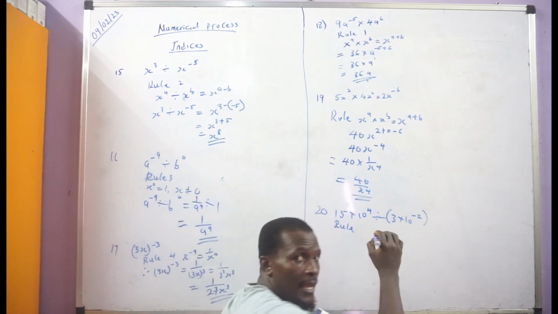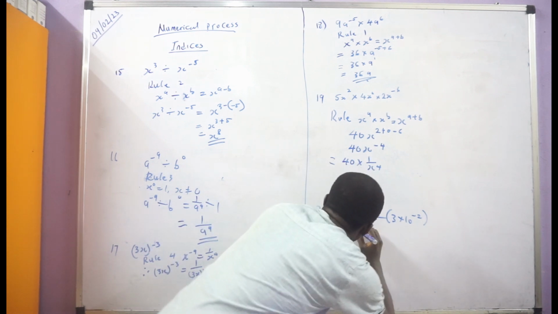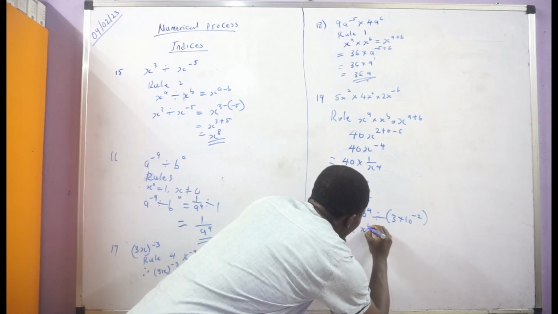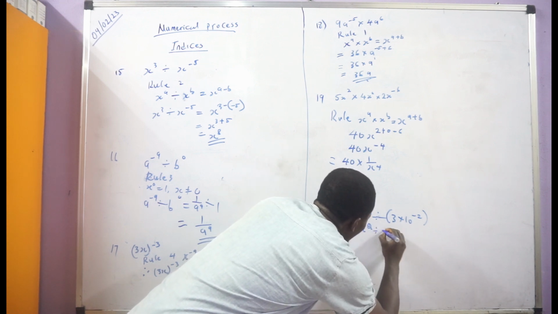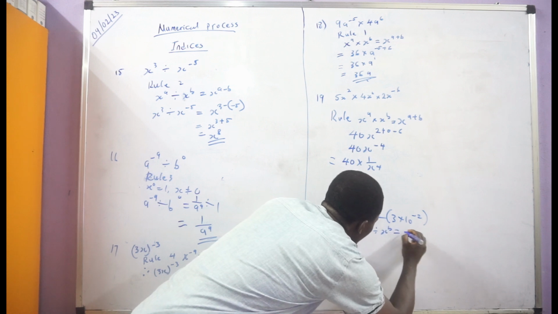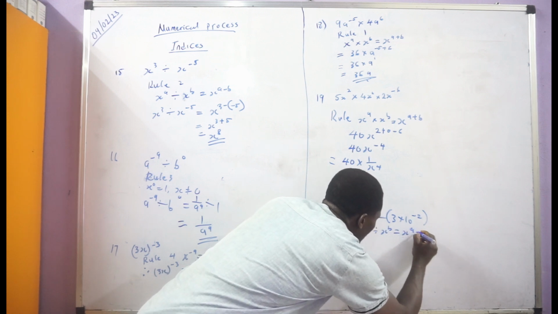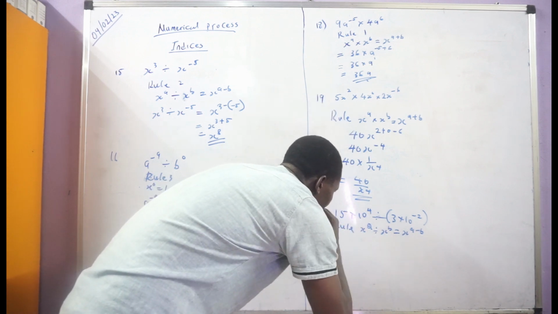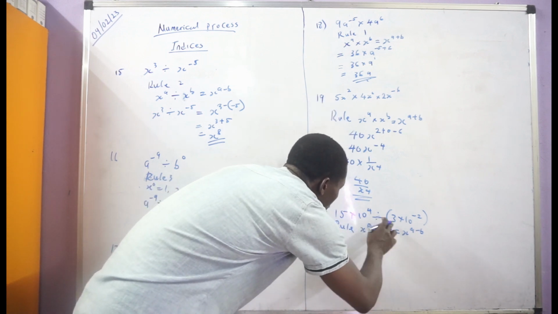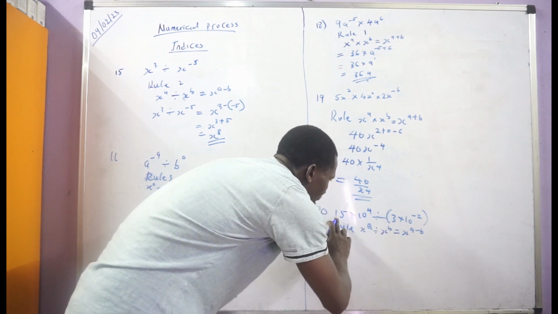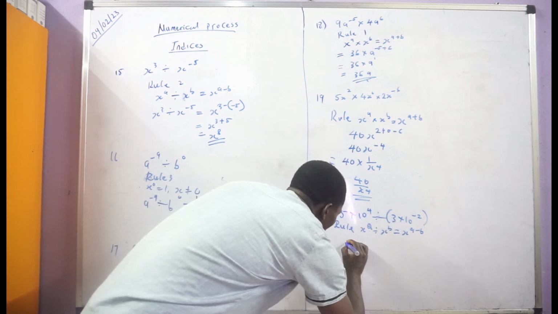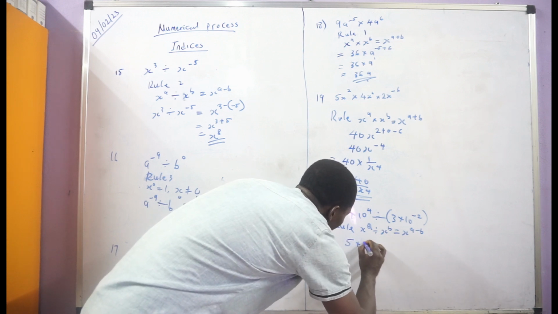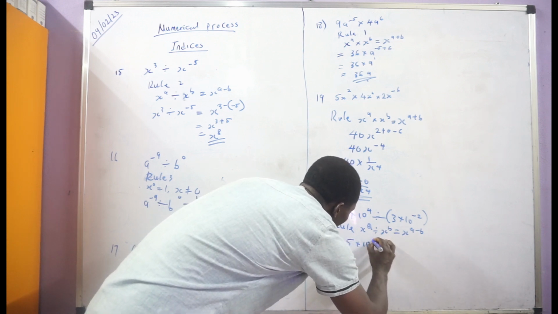Rule 2, which says, I hope you are seeing it, x raised to power a divided by x raised to power b is the same thing as x raised to power a minus b. So if we apply this, we have 15 divided by 3 will give us 5. So now we have multiplied by 10 raised to power 4